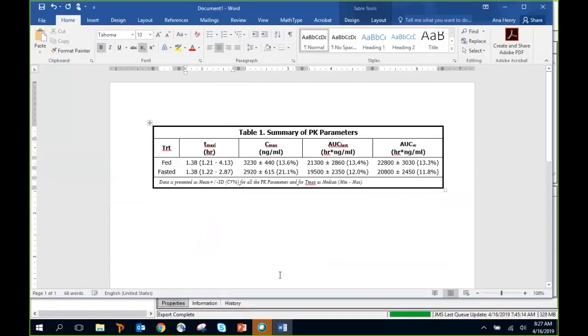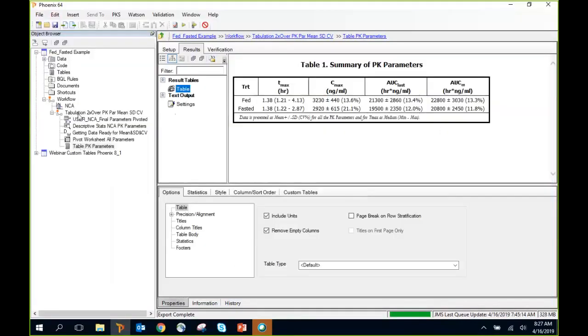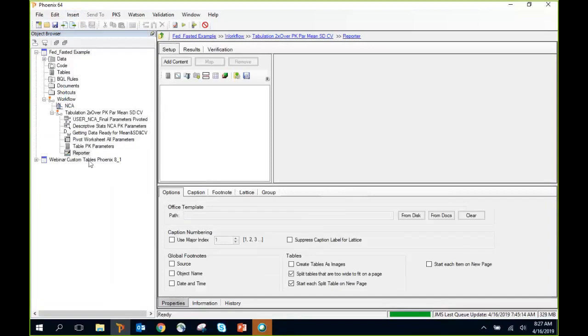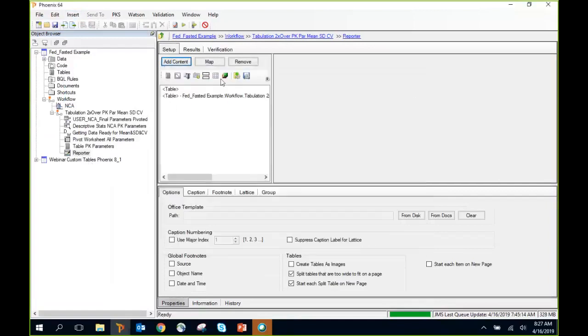You may want it as an image. If that is the case, you can also add a reporter object. And I'm not going to be discussing reporter in detail. Maybe we'll have another webinar about this, but I'll show you some very basic things. In reporter, you can say you want a table by clicking here and then clicking on Add Content and selecting what that table is. So in this case, it's this result table. Say OK. All right. And then you have this option on the bottom to create tables as images. So if you click that and run this object,